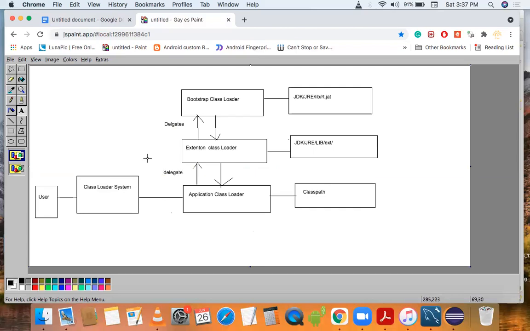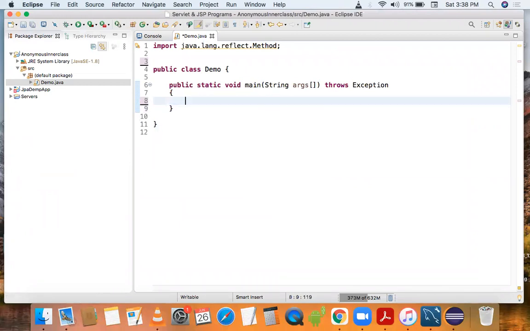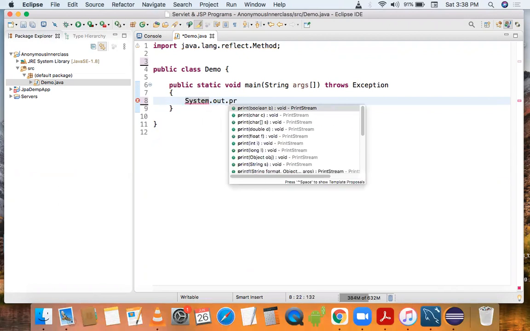Now we will learn the basic functionality with a program. Suppose we write System.out.println.